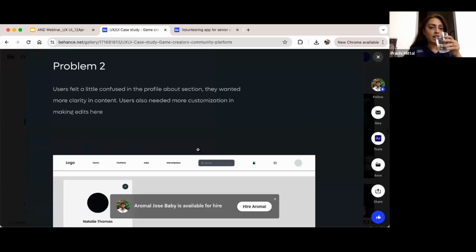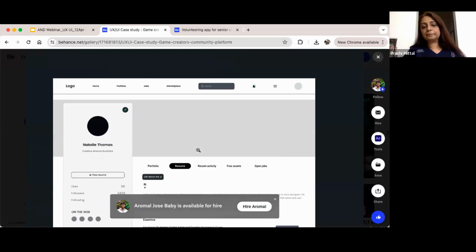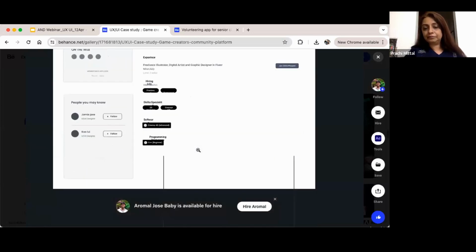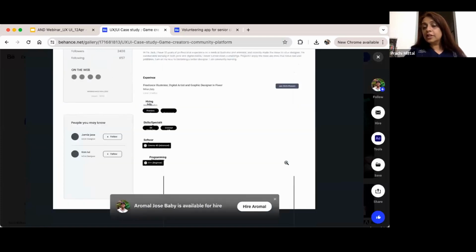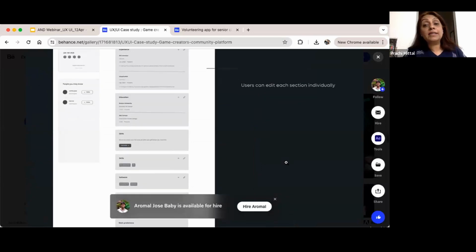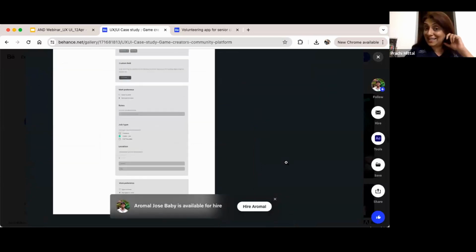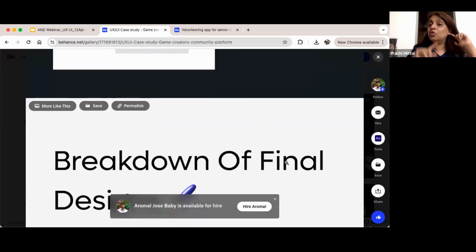Then he identified another problem. They needed more clarity. They wanted another way to edit this section, right? So he would build it. So the point I'm making with Aromal's project here is that a UX designer has to go through what we call multiple cycles of iteration.